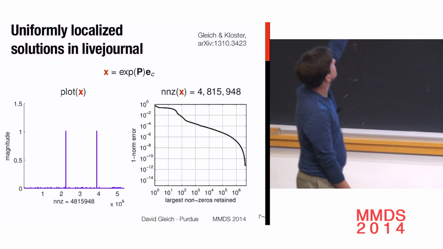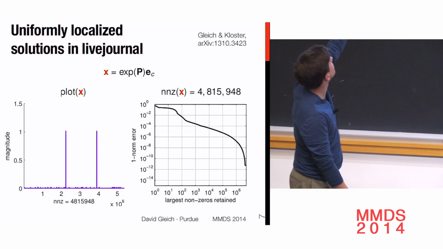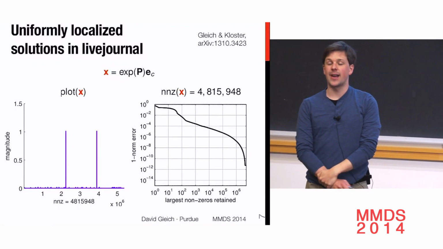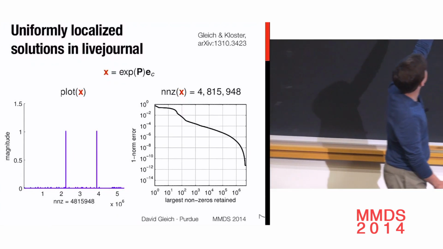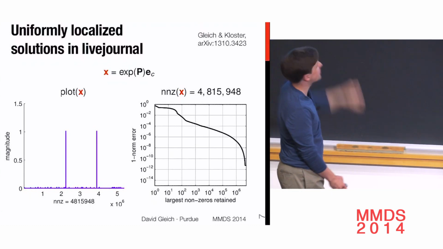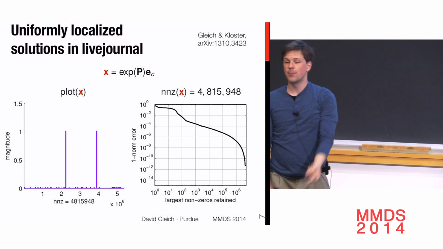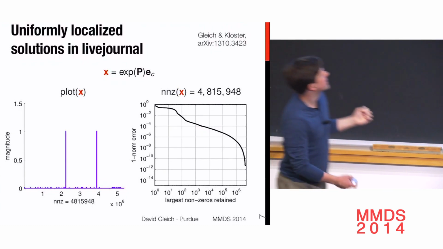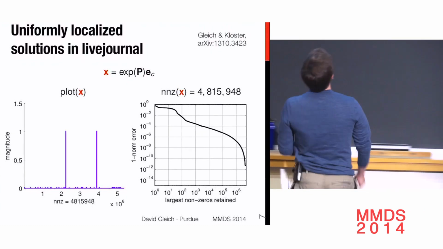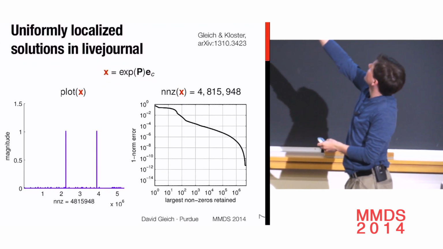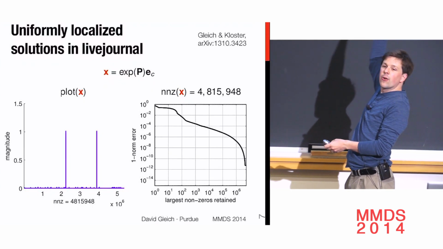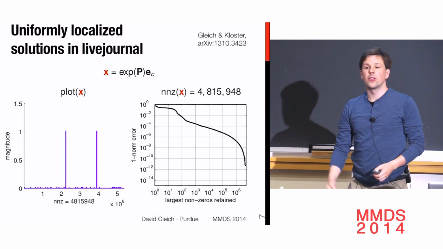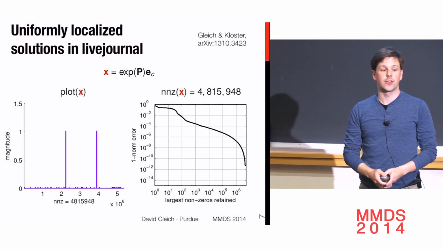What happens when you just compute this, say, in MATLAB, and then you plot your solution vector x? Well, we have 5 million nodes represented on that horizontal axis, but there's only about 2 large entries there. If you do a slightly more refined analysis and you sort that vector and then look at how much of an error we get if we just take the largest k entries of that vector, what do